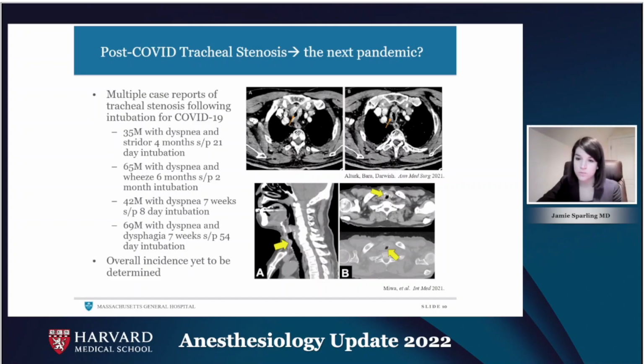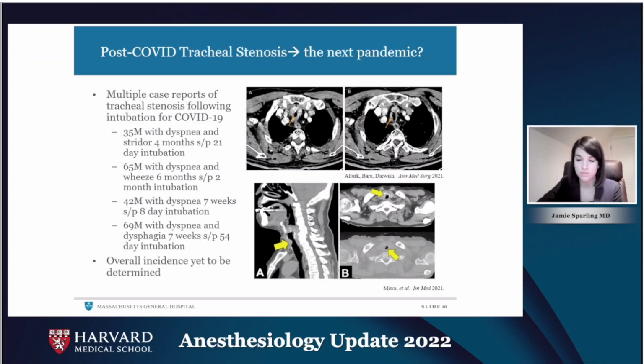Each of these first two patients was initially treated with tracheal dilation and ultimately resection and reconstruction surgery. The third patient was a 42-year-old gentleman with dyspnea about 7 weeks after an 8-day intubation for COVID. He had laryngeal stenosis with swelling of the vestibular fold and granulation tissue on both the superior and inferior aspects